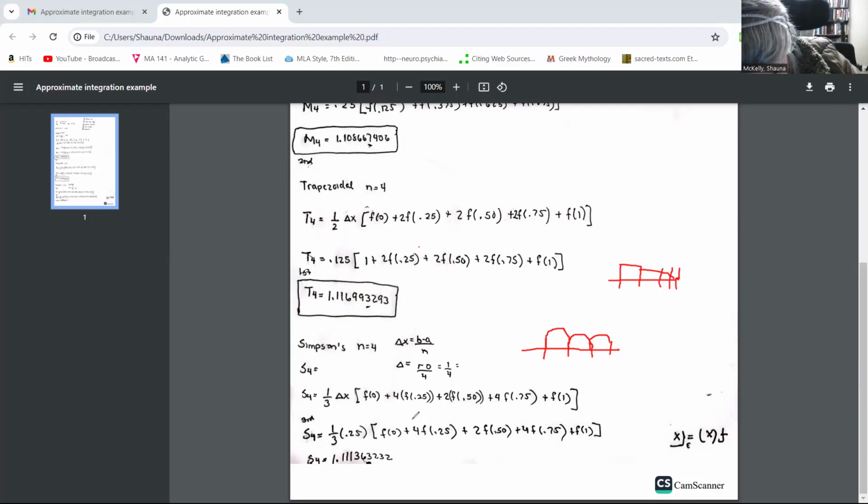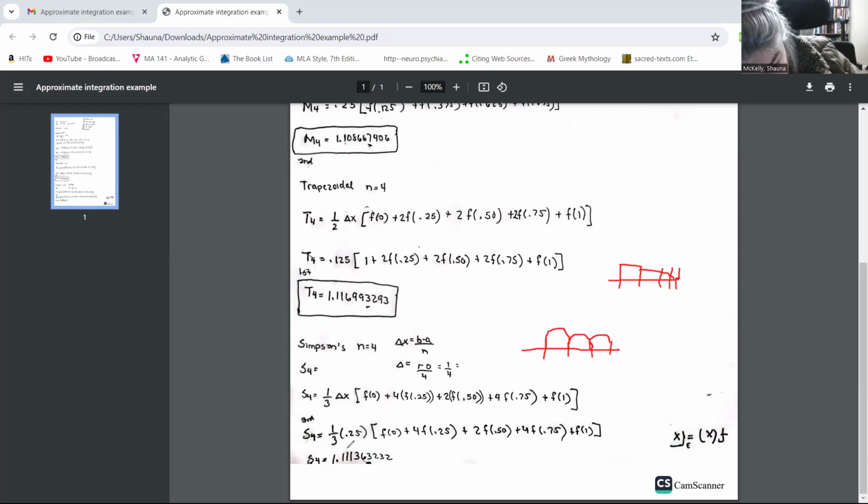Again, not derived for you in your book, but my answer was 1.111363. Okay. If I had made more subdivisions, or if I had made them unequal, then I would have had maybe a different approximation, maybe a better one. But notice how close they are. This is 1.10, this is 1.116, this is 1.111. Okay, so